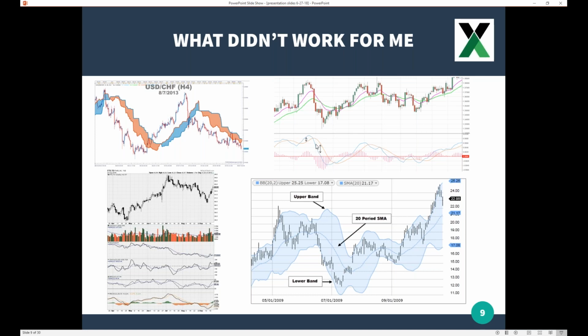On the right here, this is the MACD. It's still kind of the same thing. It's like, okay, now I have to trade based on 2 squiggly lines. That didn't work for me either. And then down here, it's just 4 or 5 indicators. So now we have 5 squiggly lines, and that didn't really help me. And now we're trying to take things and line them up all 5 at one time, and that just drove me crazy.